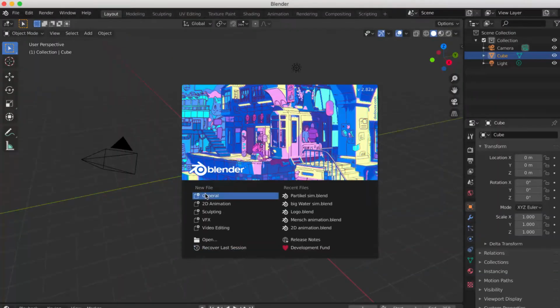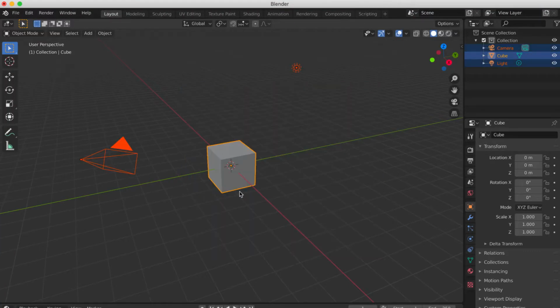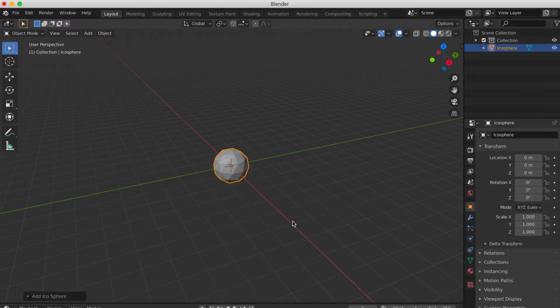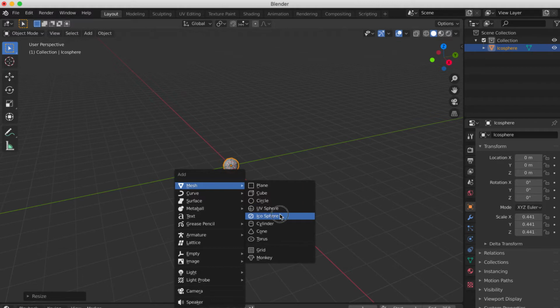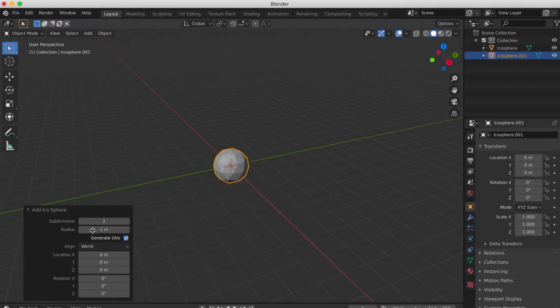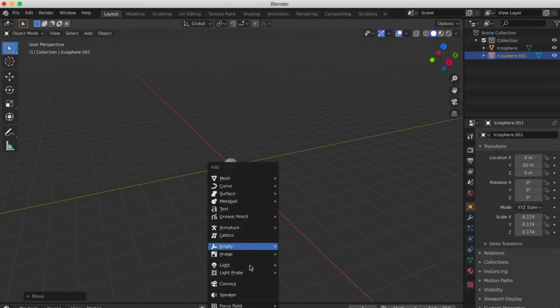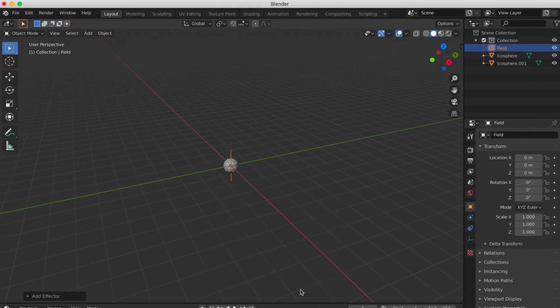At first you open a new Blender file. Press A to select all, X to delete. Add an icosphere, scale it with S, then add another icosphere, change the subdivisions to 1. Scale it with S and with G, and then Y, X or Z to choose an axis and then type around 50. Add a turbulence force field,